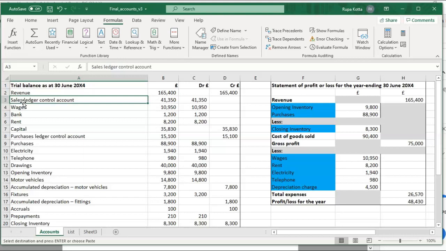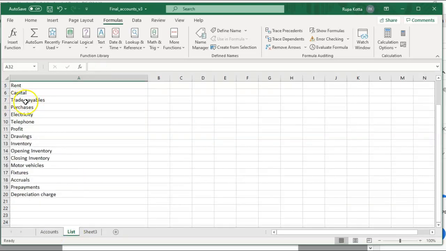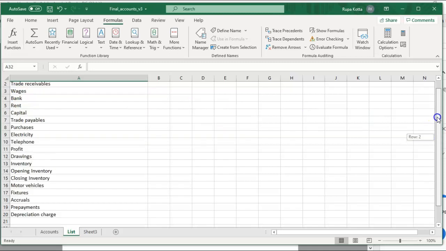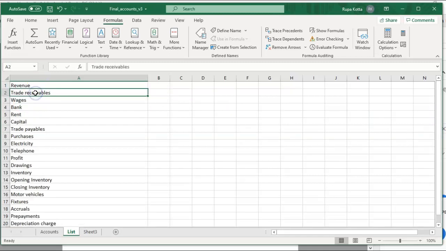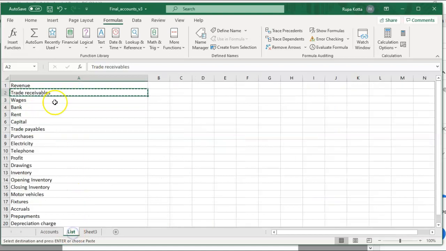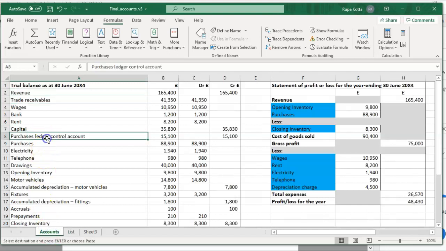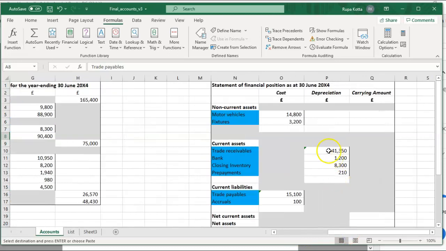They asked us to change the headings to suit the list, but I forgot to do that. So trade receivables, it has to be very, very specific, capitals and small letters also, otherwise it will not be able to pick up. So just to be safe, I'll just copy paste this one. Control C, Control V. Then PLCA is trade payables. Control C, Control V. Now if you see, those values should be working now. See, it picks up the trade receivables and trade payables correctly now.